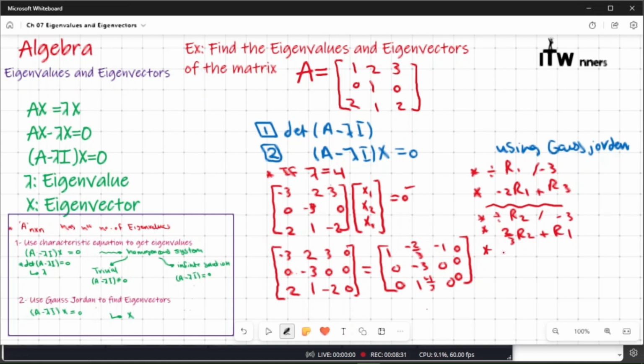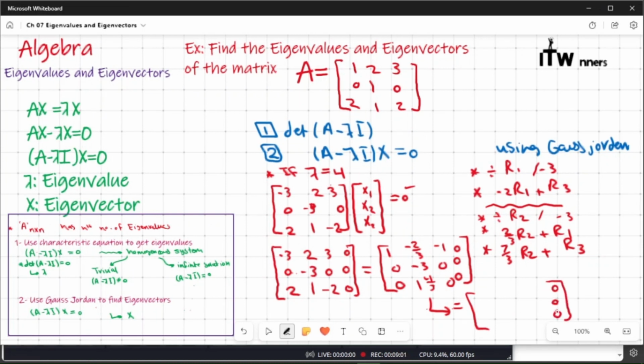Multiply 7 thirds into R2, then add to R3. Okay, so this will be equal to